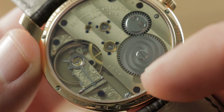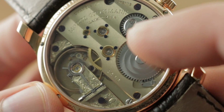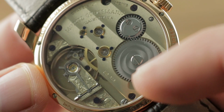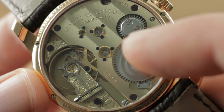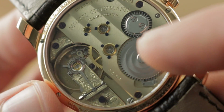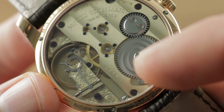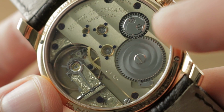The screws themselves are fired to create the same violet hue as Moritz Grossmann's handcrafted and hand-fired minute and hour hands. You actually have to be a bit more deft with your timing to create this violet tone, as if you simply fire screws and continue to blast them with heat, they'll turn blue, which is conventional. The violet hue, which has undertones of purple and bronze and even red, requires less time over the heating